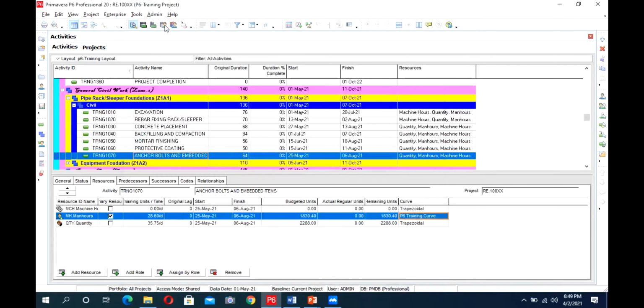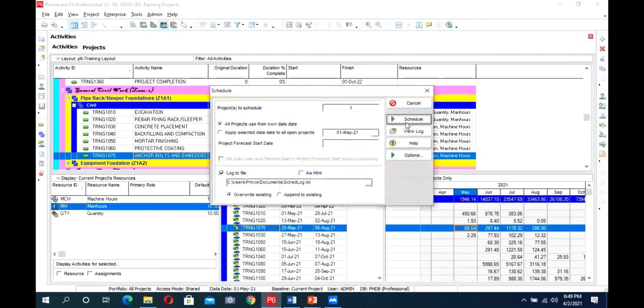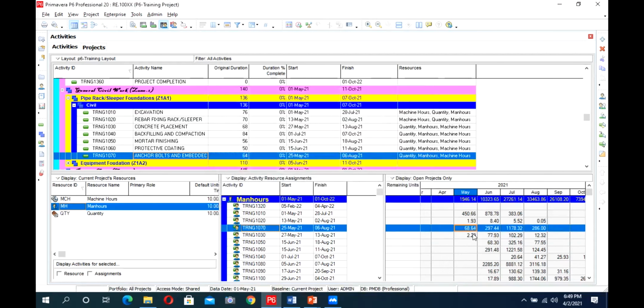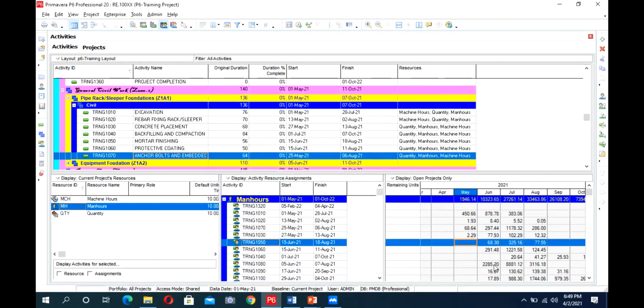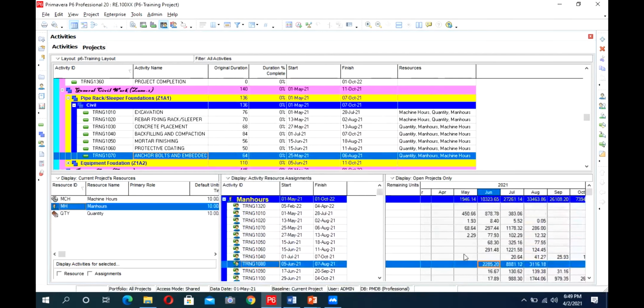Now we go and see what its impact is. So it has impacted adversely, and we have no more manpower planned in this one. So like this, we can assign different curves to do it manually.